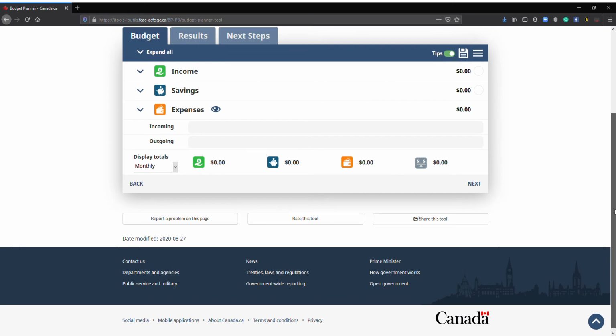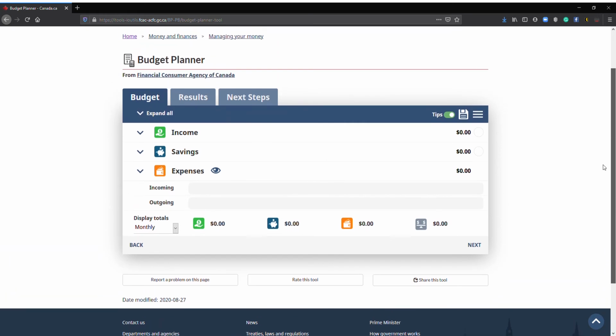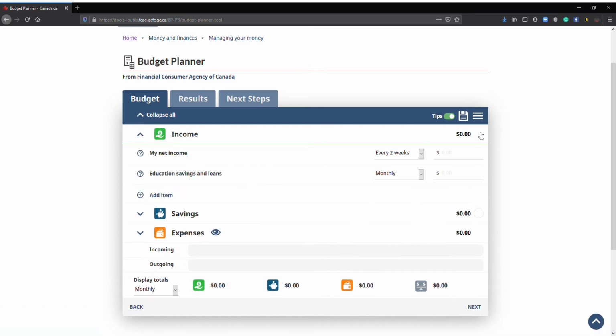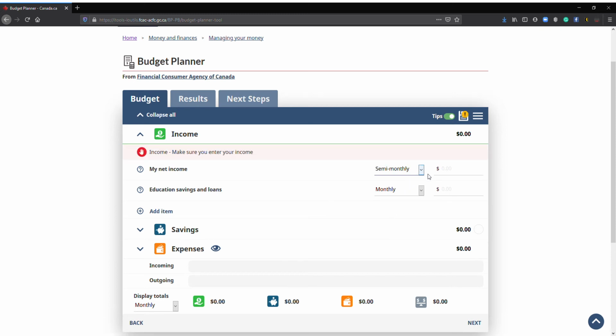So now you see we've got ourselves into the next section where we're going to actually start building our budget and putting in our information. So let's go over here to Income, select. Now, what's your net income? Now, perhaps if you're working, you're paid every 2 weeks. You may be paid weekly, you may be paid monthly. You can put in whichever situation applies to you. So we're going to leave this at every 2 weeks,